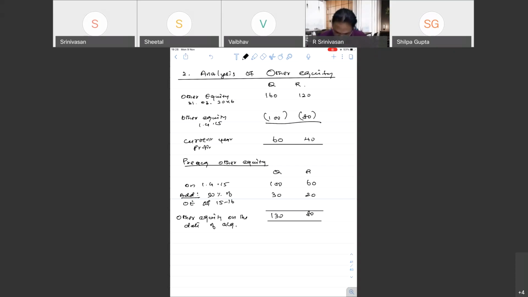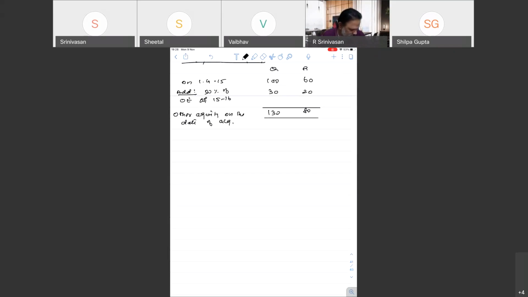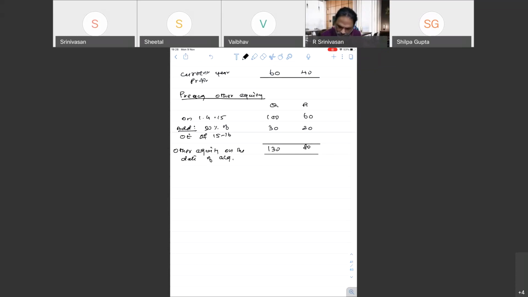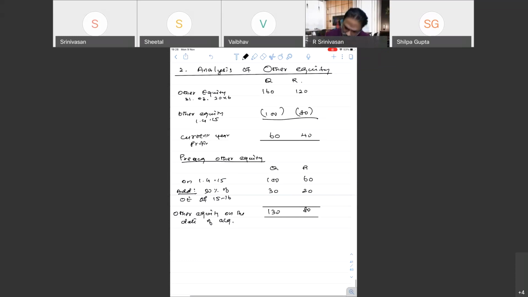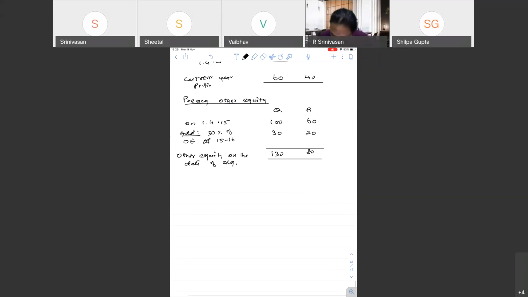So now let us find out what is post-acquisition profit. Other equities on the date of acquisition we have found out. Calculate the profit for pre-acquisition other equities. How much are they given here? 100 for Q, and NCI on the date worth this much. Right, so first we take the pre-acquisition